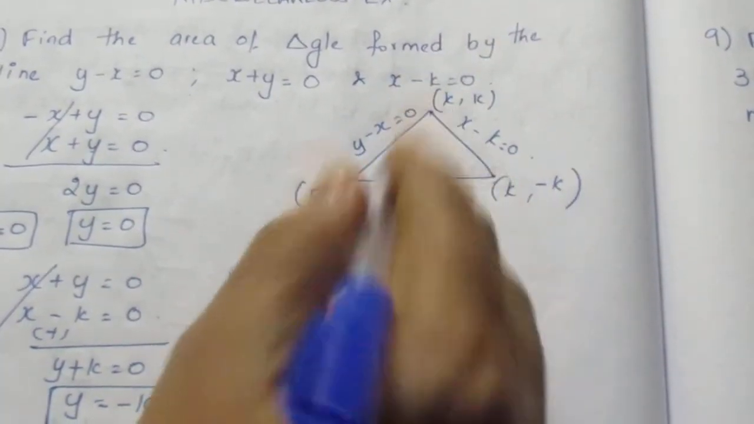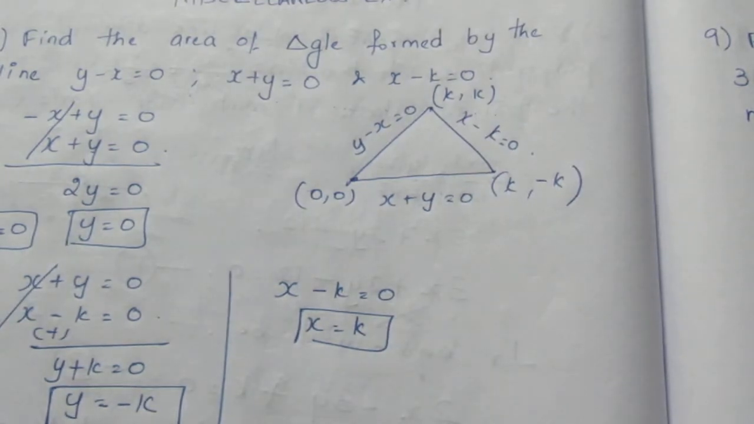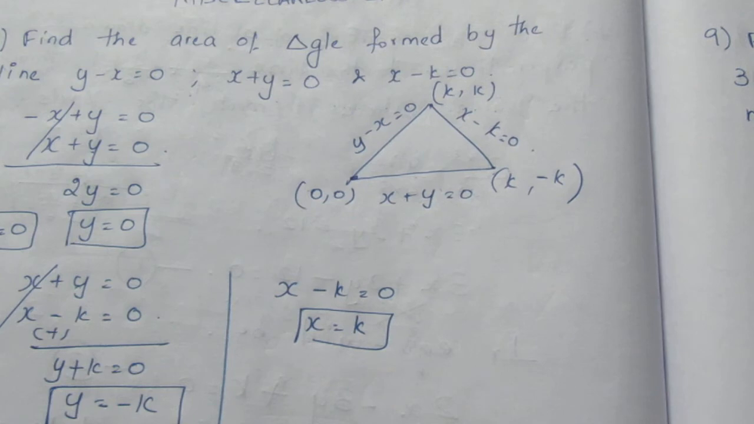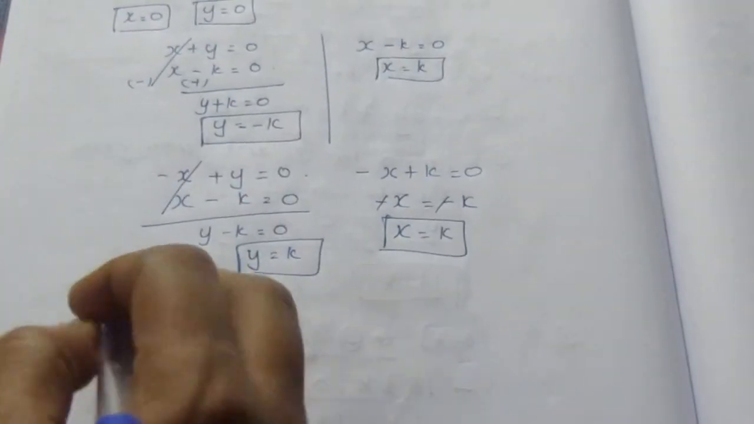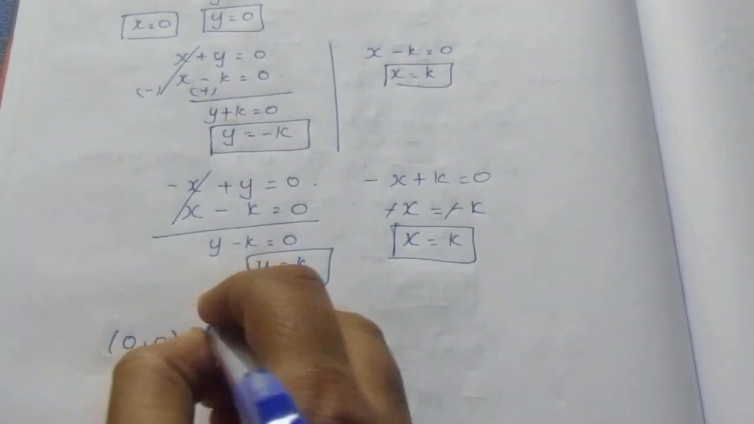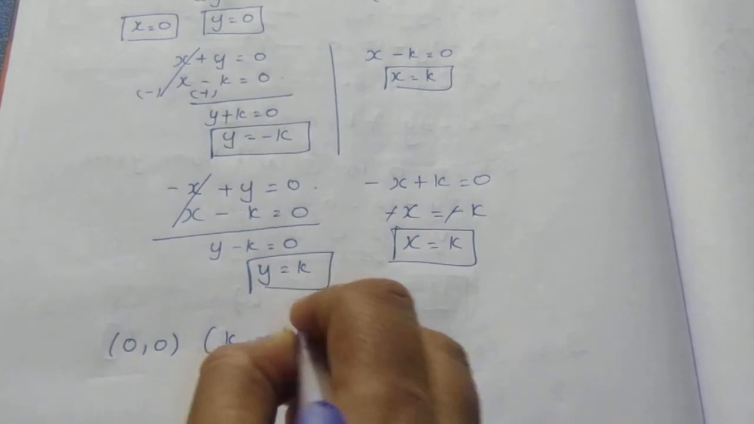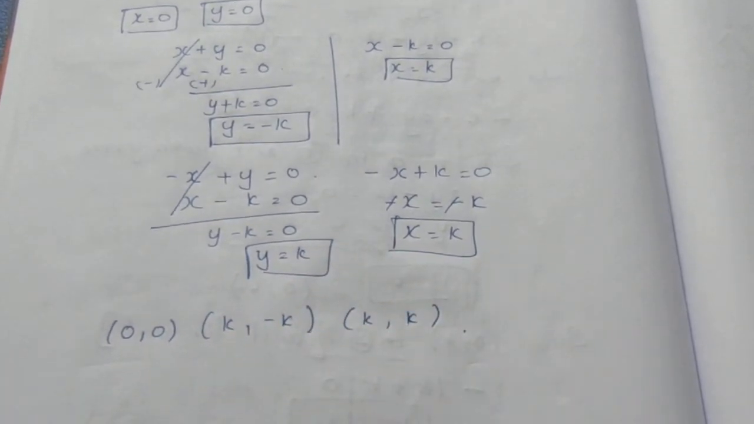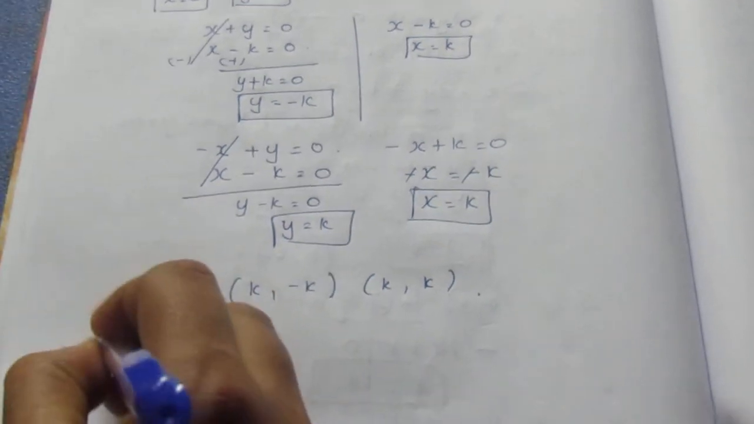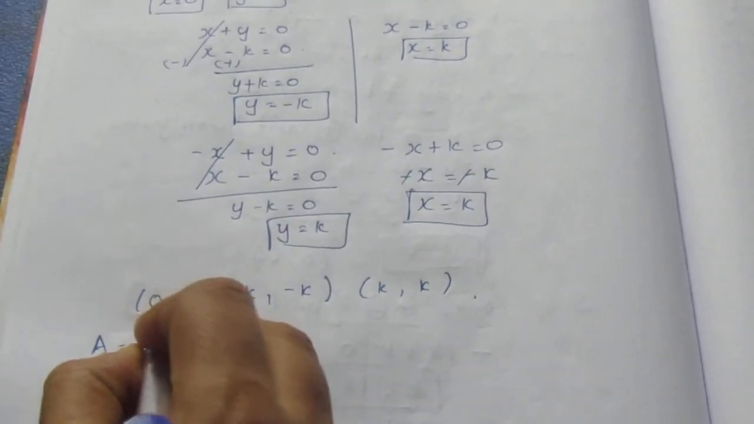Now we have found the points of intersection of all the three vertices. We know the vertices, then we can go with the area formula. As we know the coordinates, we can directly go with the area formula. Let me write the points first. It is (0, 0), (k, minus k), and (k, k). So, your area formula, area of a triangle will be half into